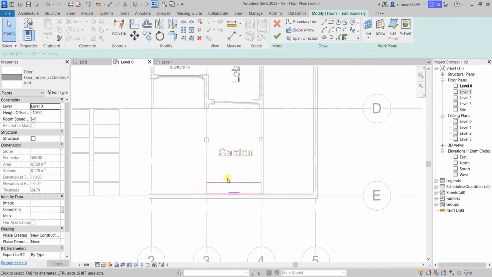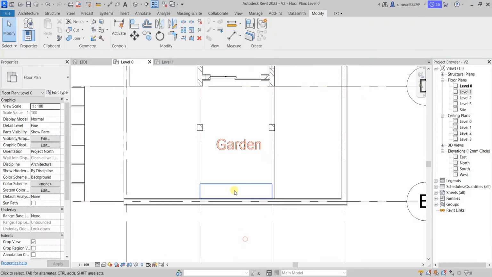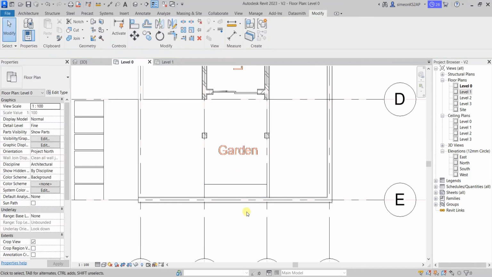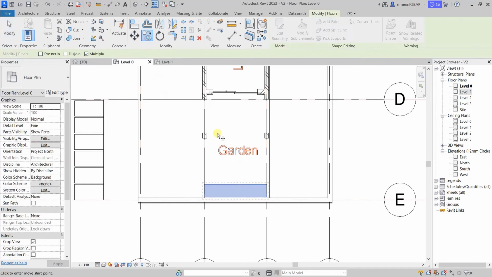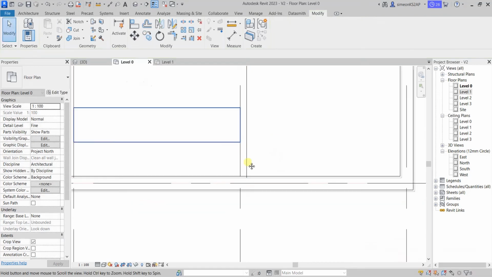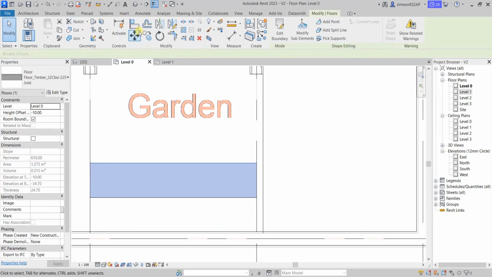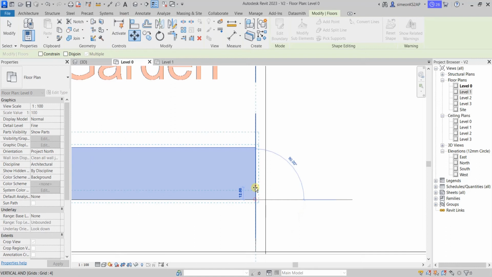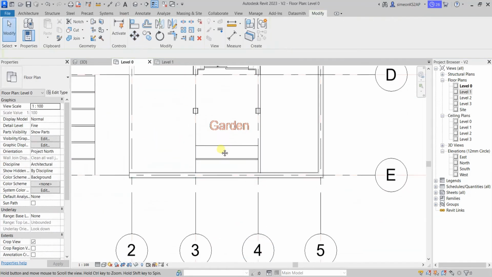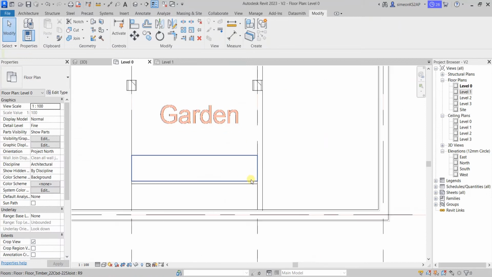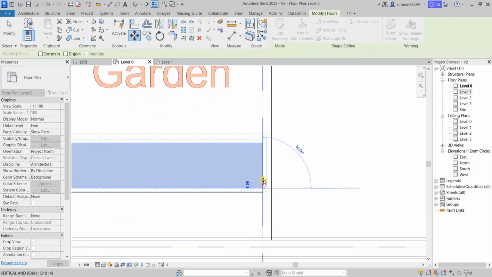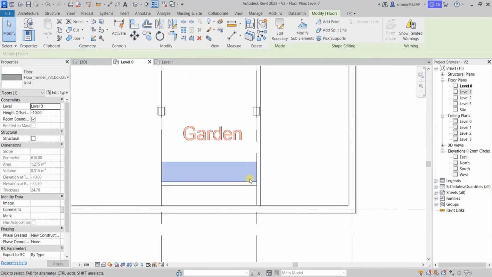We need to hit OK to finish this one, and let me make a copy of this one to this area here. Let me give it an offset. I think 5 is sufficient, and now I am going to use a copy of it to create, okay, maybe